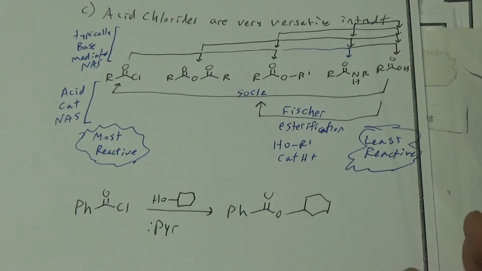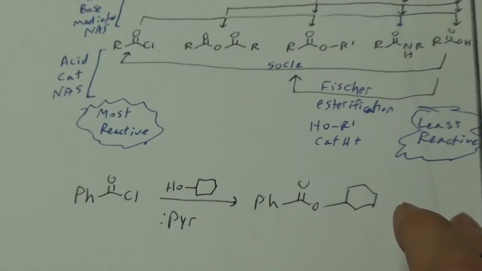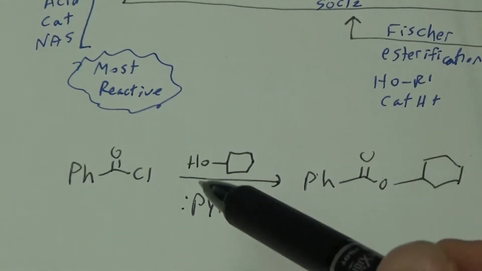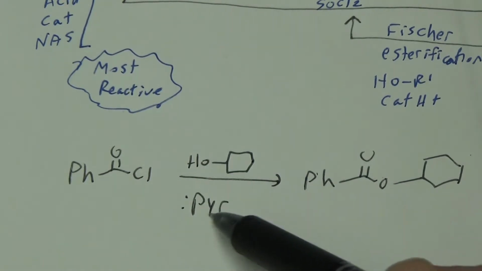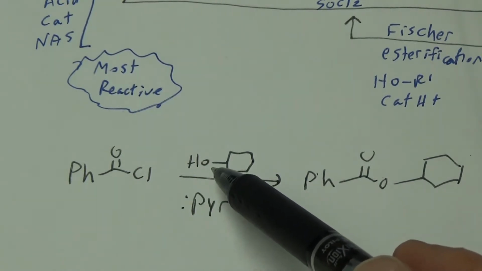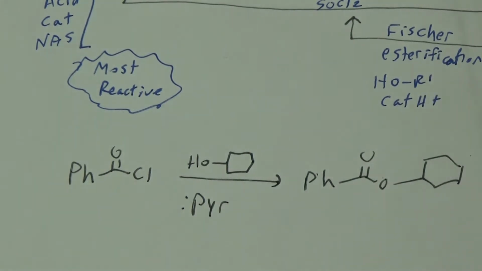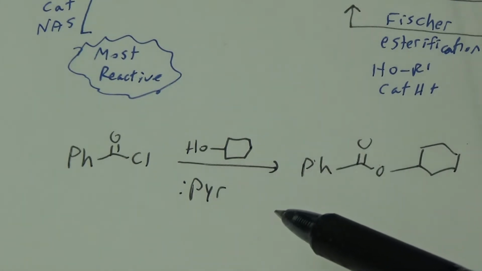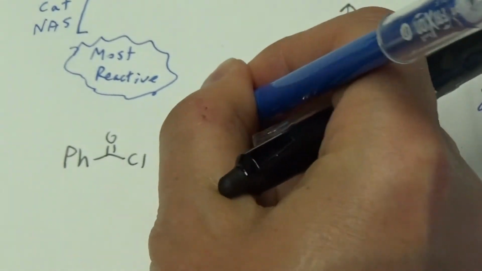Well, that's pretty easy, and the mechanism is incredibly easy too. We're getting experts at this mechanism. Remember, for the most part, the pyridine will not grab the proton first. The pyridine acts later. The only one where the base actually does take the proton first is the carboxylic acid, to make an anhydride. This reaction occurs by alcohol attacks